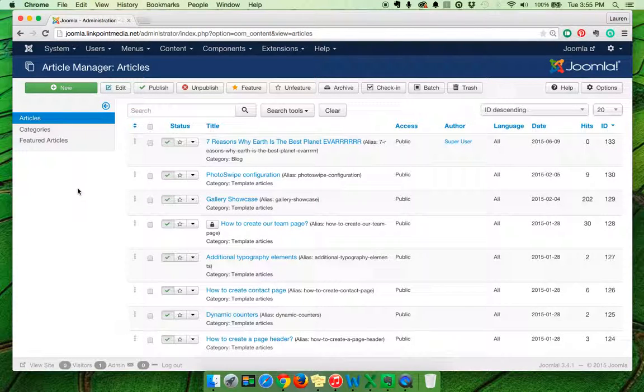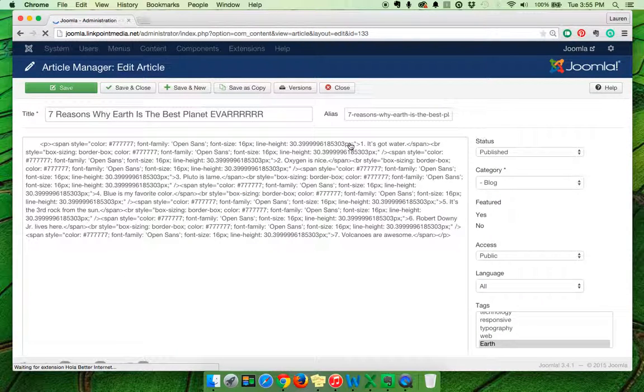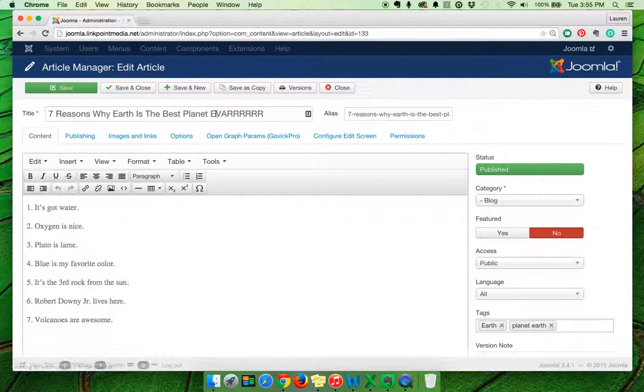Created an article. Say I want to make some edits to it. That's very easy to do. From the article manager where you can see all of your articles, just click on the title of the one that you would like to make edits to. Once you're there, you can change the title, you can change the text,